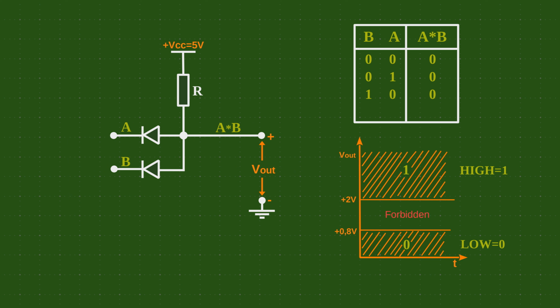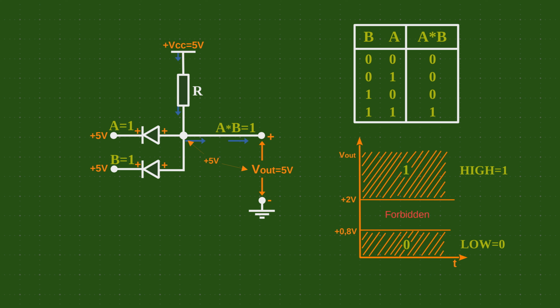Finally, in the fourth case, the inputs A and B are high, and therefore both diodes are inactive. Current has nowhere to flow except to the output. The output signal will be 5 volts in our case, or the amount of supply voltage VCC. Such a high voltage can only be high. So, all input signals must be high for the output signal to be high. For all other combinations, the output signal will always be low.